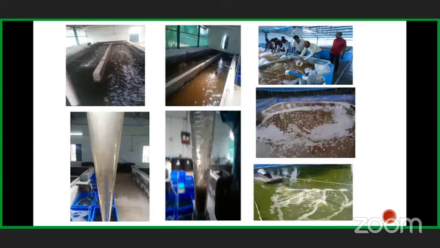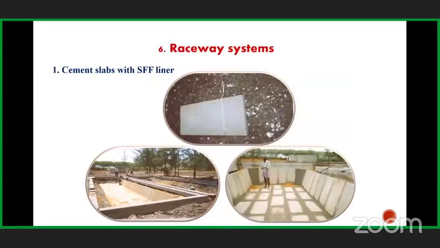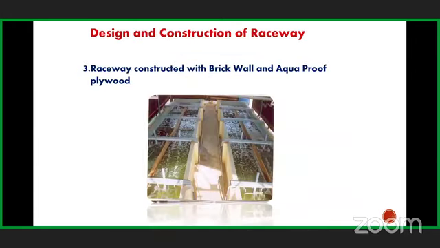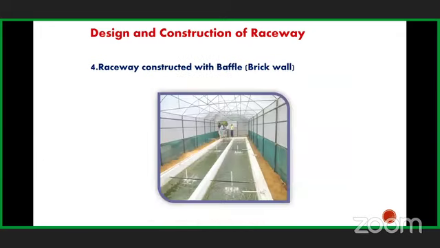You can see these are some photos I collected from one of my labs. Here you can see an Imhoff cone. This is nothing but what you can see in white color, that is the flock we have maintained, and we will rear the species. Second, raceway technology is not new to India. The species will be grown in a raceway. It is mainly followed for trout. Here you can see the lining method. Here you can see some more images.